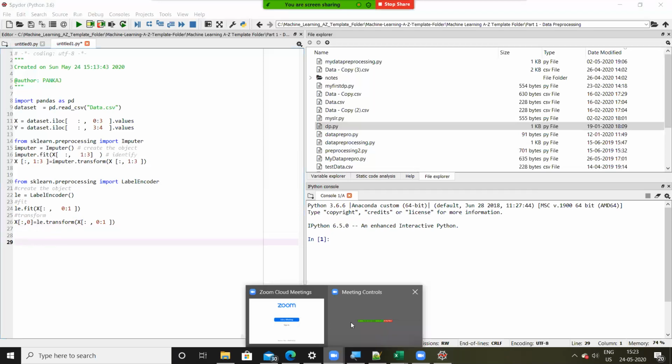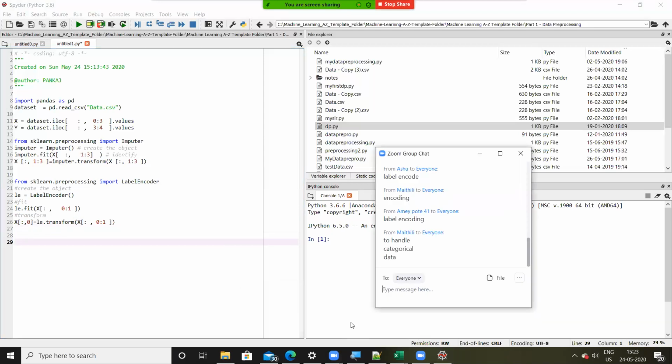After label encoding, what are we going to do? One-hot encoding if needed. Yes, one-hot encoding if needed. Why do we need to do one-hot encoding? Anyone?